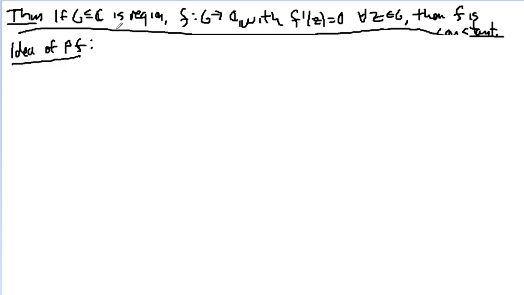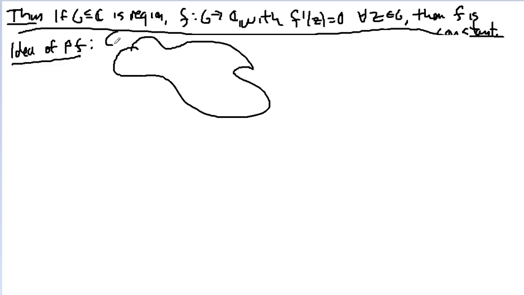If you have a function defined on a region and its derivative is 0 everywhere in the region, then f has to be constant on that region. The idea behind the proof is if you take a region G, you take any two points in there, say z1 and z2, since it is a region, you can connect the points by a